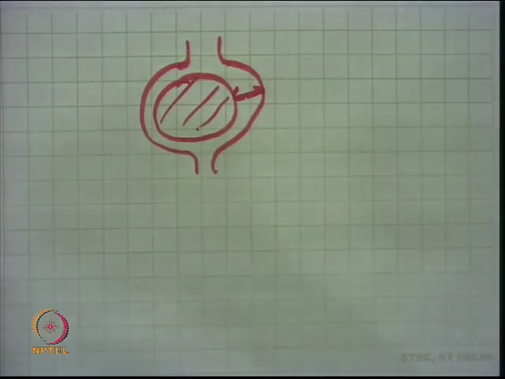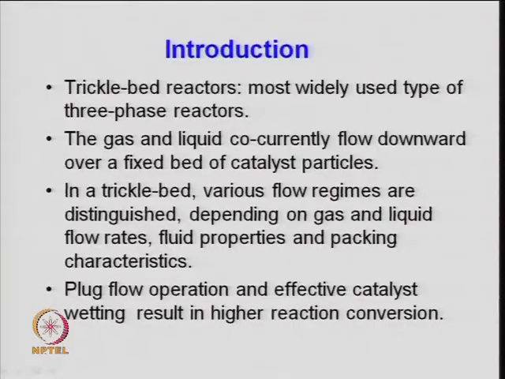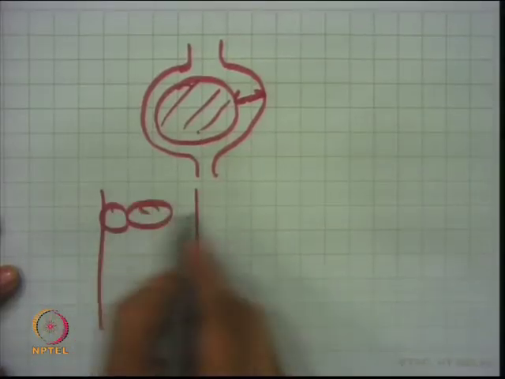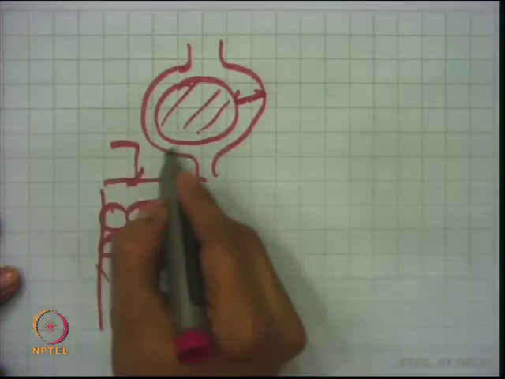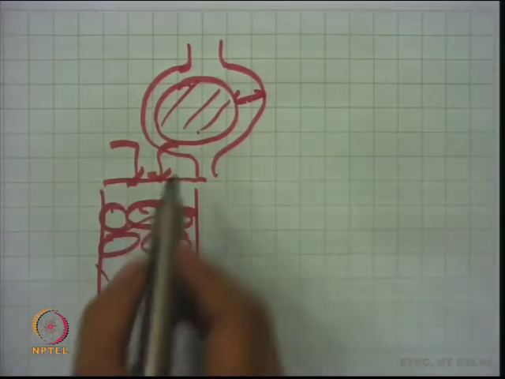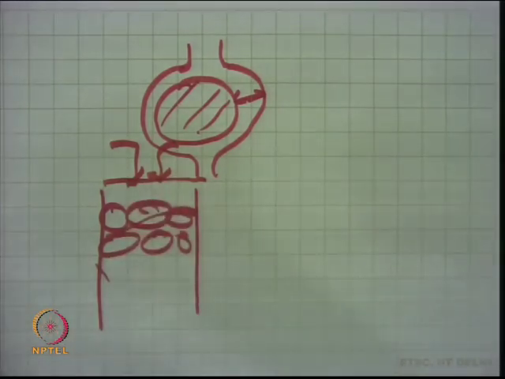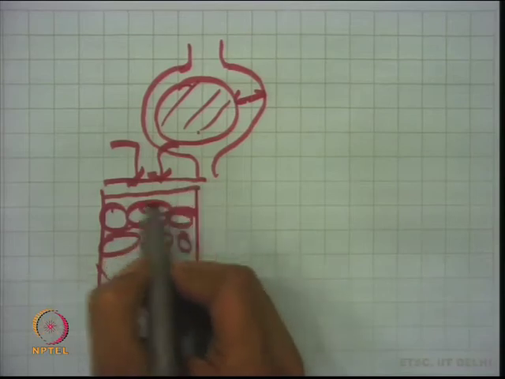So, let us continue with some design aspects of this trickle bed reactor also. Before that, some fundamentals of the trickle bed reactor which I discussed last time, I would like to recall. So, in this trickle bed reactor, the gas and liquid co-currently flow downward over a fixed bed of catalyst particles. So, already the catalyst is inside the bed, just like you do in a packed bed reactor. So, there are the catalysts lying there in the bed, and the liquid and gas come from the top of the reactor like this, right. So, good kind of distribution is desired here between gas and liquid.